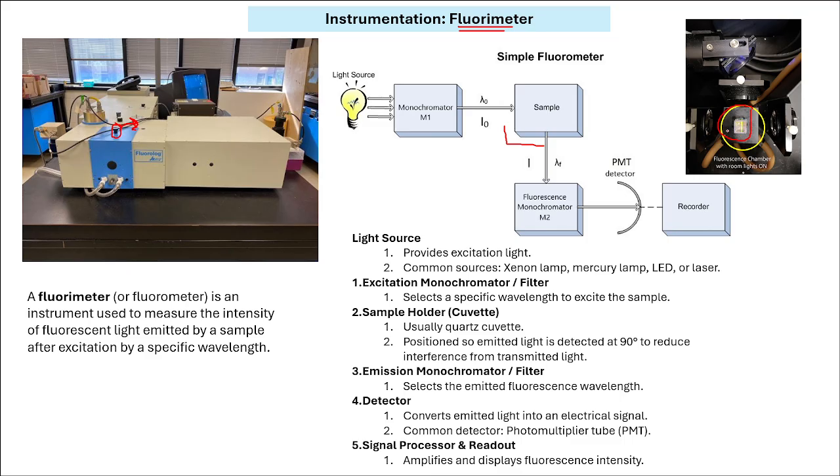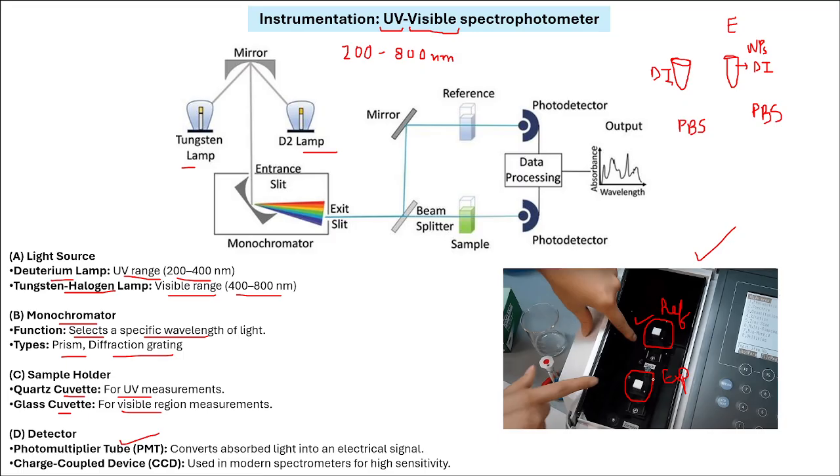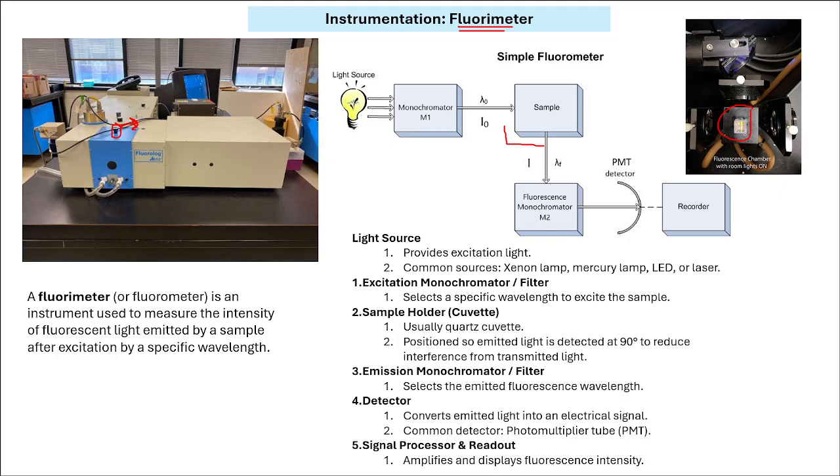One difference that you would have noticed here is that in absorption spectroscopy there was space for two cuvettes. We were putting two different cuvettes. Now in this case, you can simply put one cuvette. The light will come and it will go at a 90-degree angle, which you will observe. So this is the difference.